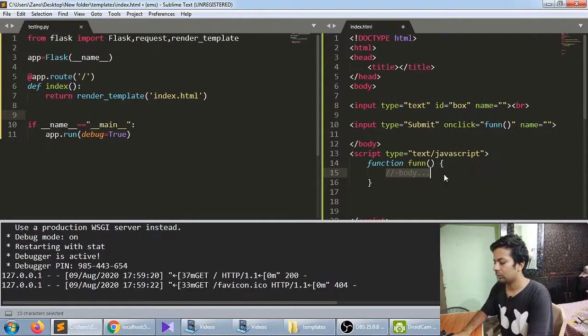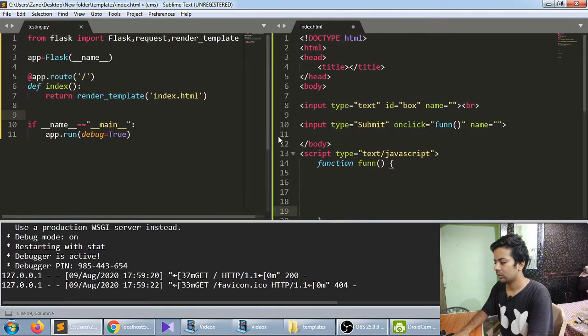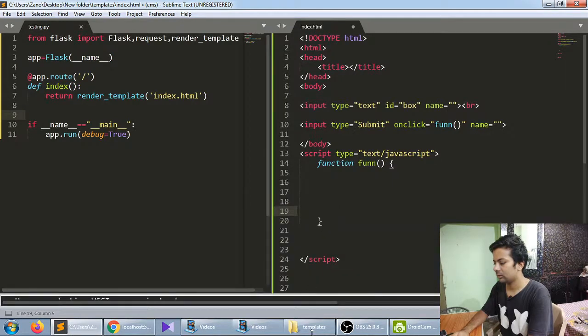I think it must be clear. Let's give some space, spacing is very necessary. Now everything should be clear.